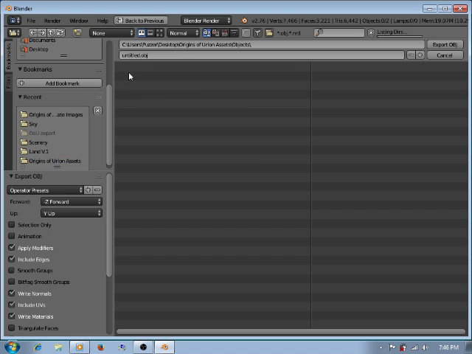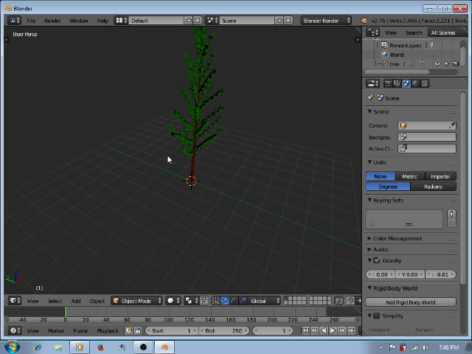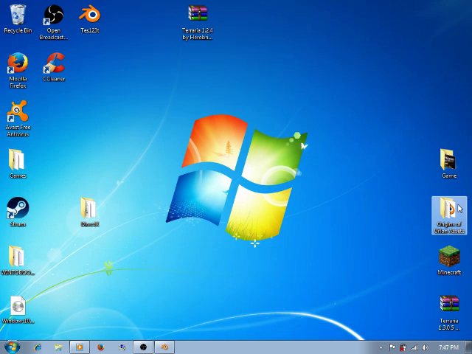Right here, object, scenery. I'm going to title this Pine Tree 2.obj. Export it. And now we have it as an object. I'm going to go here, objects, scenery. There you go. And all you have to do is select one of those on the import and the waypoint and bring it in.